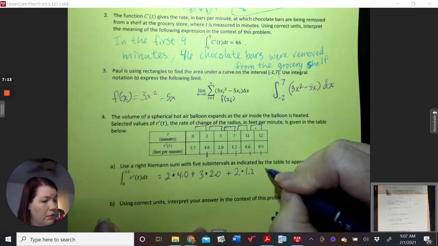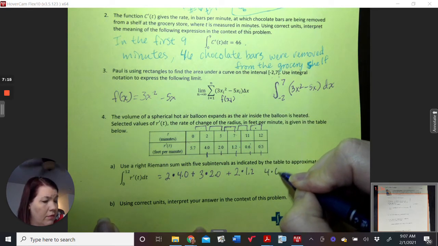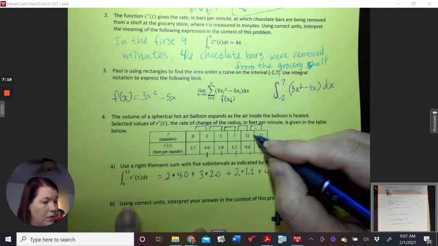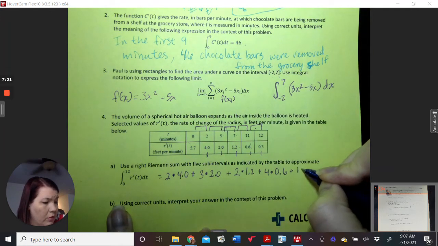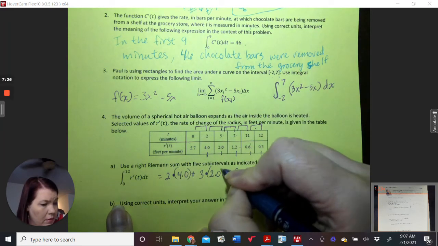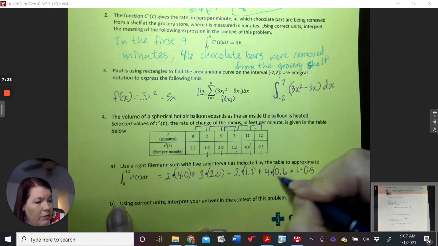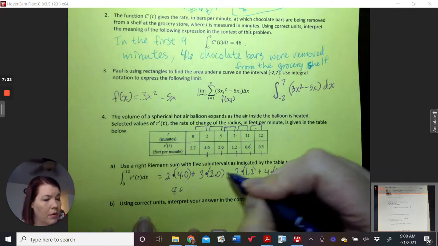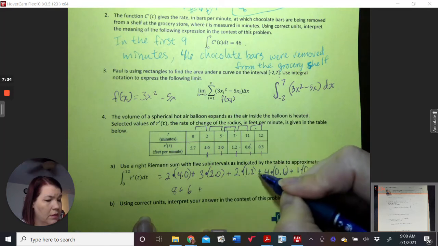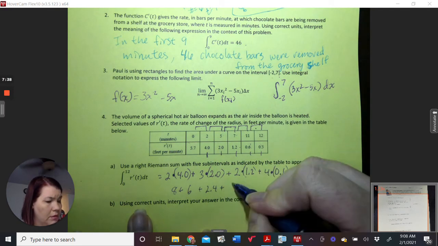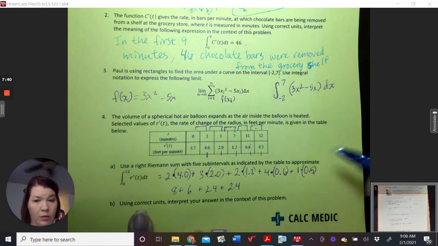The last one is 1 wide times the value of the function. I should really go like this so that my decimal and my number doesn't throw me off. So that's 8 plus 6 plus 2.4 plus 22.4, 4 times 6, put the decimal in, plus 0.5, which is equal to